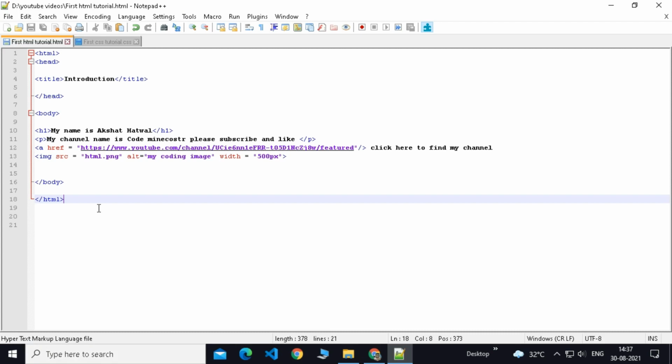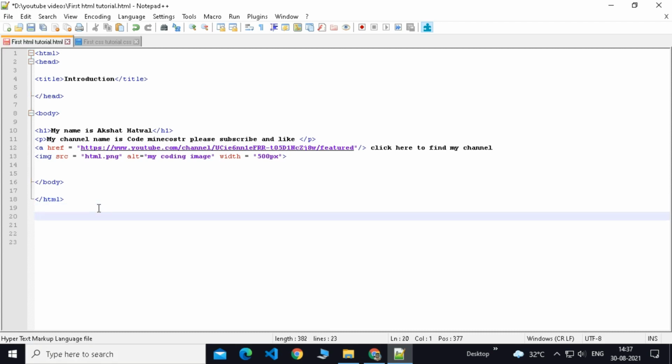By the way, if you want to add some comments in your website, by comments I mean something which does not show up in the website but is still written, you can do that by typing slash then star, and then you can type them. Or maybe it was something else, I don't remember perfectly, but it's just something like this. I will tell you in the comments or in another video.